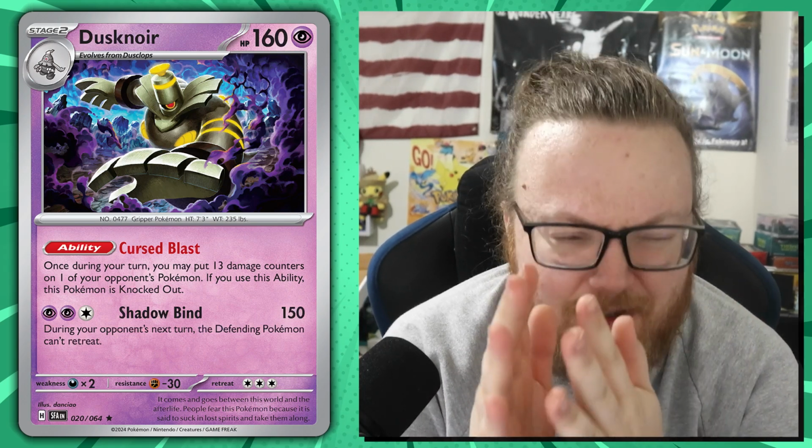So being able to control how many prize cards your opponent's at could come up with cards like Roxanne, Iono, Counter Catcher, Charizard EX's Burning Darkness attack. Who cares how many prizes your opponent's at? The Briar supporter card. So Dusknoir, again, similar to Unfair Stamp, is doing something where sometimes all that matters is that